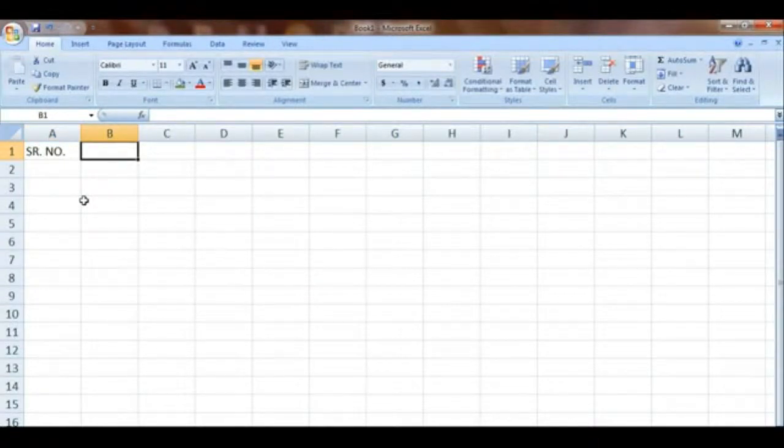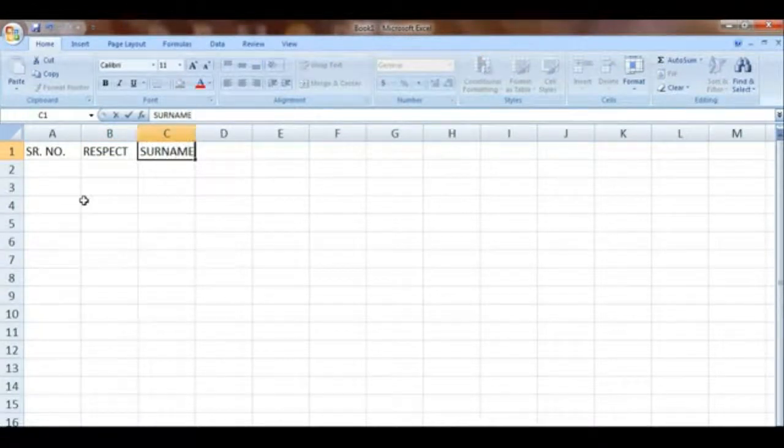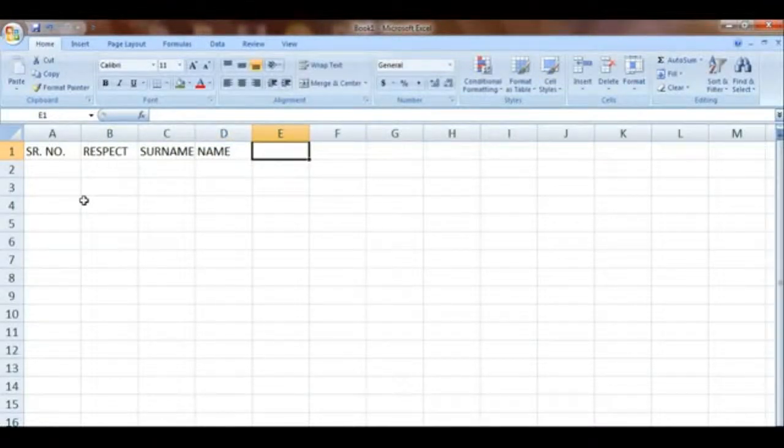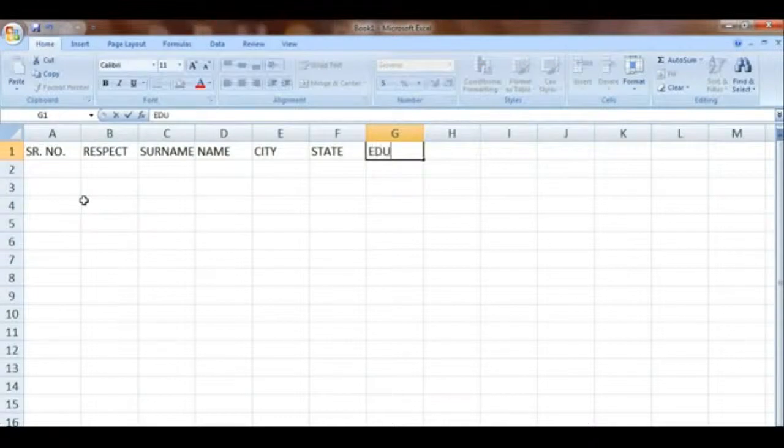Second will be respect, which is nothing but Mr., Mrs. and Miss. Third is surname and name. Finally, a city with the state, education,